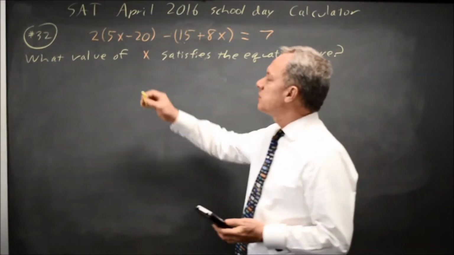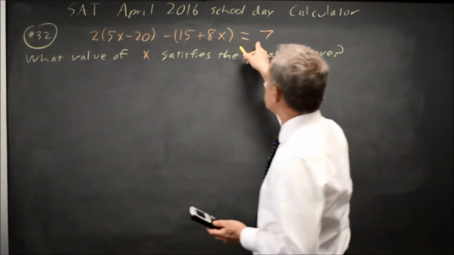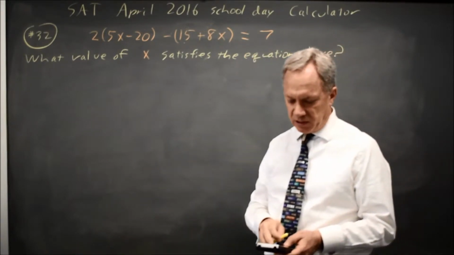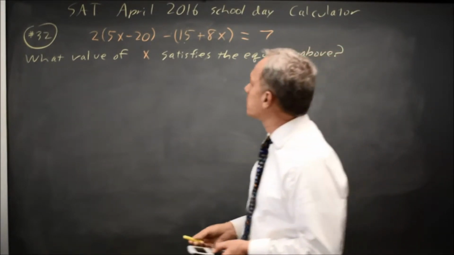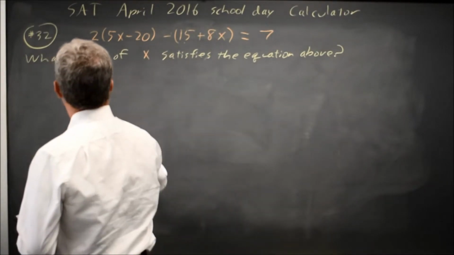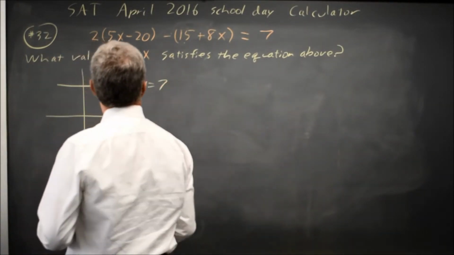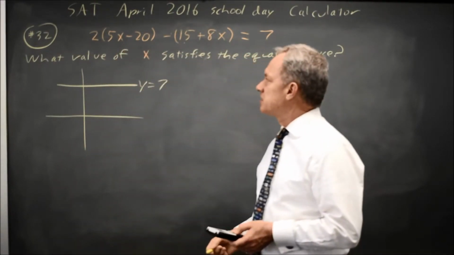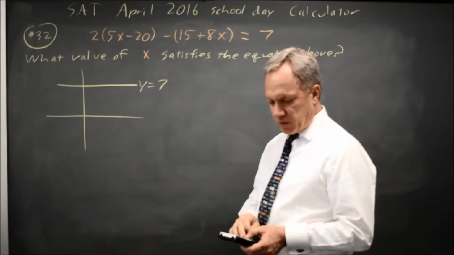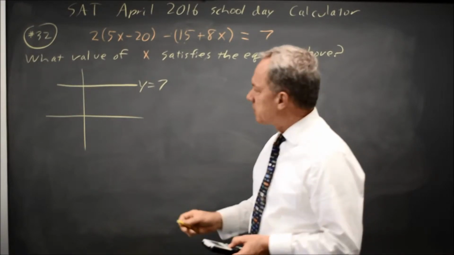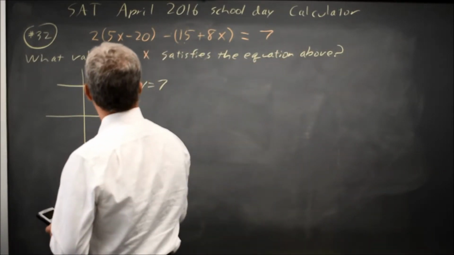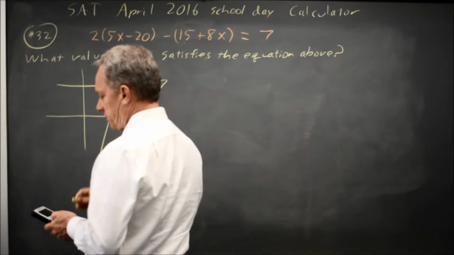your calculator. I just put the left side in y1, right side in y2 on my graphing calculator, choose a window where I can see the values. I start out with zoom 6, but all I see is y equals 7. I don't see the left-hand side. So I made my x max 50, and now I can see the left-hand side, and they intersect here, which